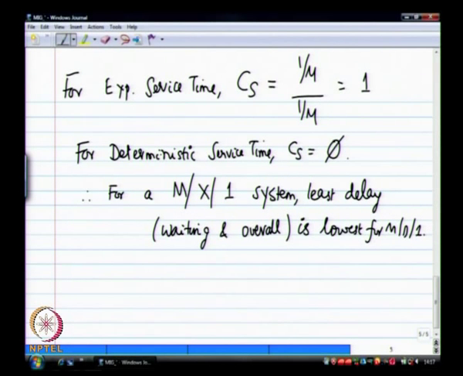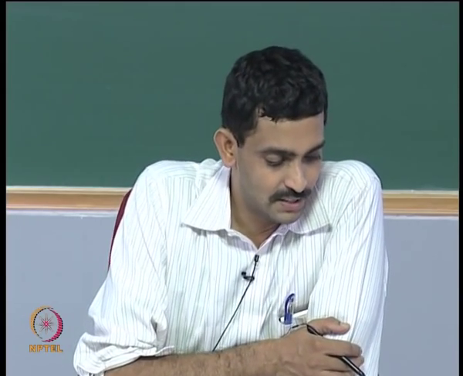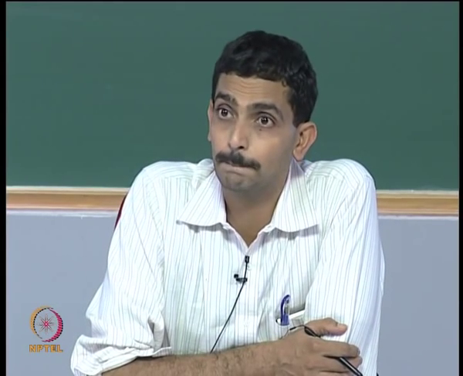And the convenient thing is that the waiting time in the case of exponential is twice that of the deterministic, that is also sometimes useful. So if you suddenly see a 2-mark question that tells you for an MD1 system the waiting time is 2 milliseconds, tell me the delay for the other one, then you should know that I simply have to multiply this by 2 and I'm done, and calculate mu if you have to. Okay, so that is the MG1 derivation. Okay.